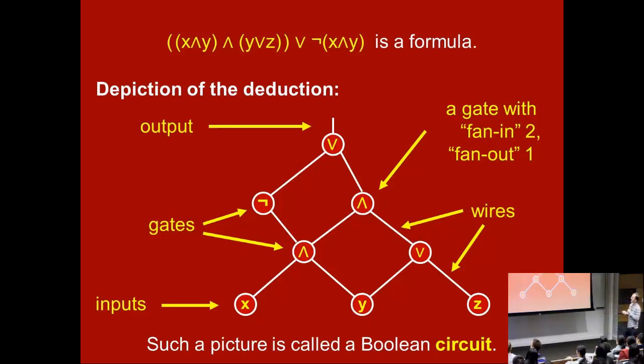Well, anyway, but then we said, let's AND them together. You might draw that like this. And then we're going to need to OR it with the negation of x and y. And in the deduction, we said, hey, we did x and y a few steps ago. It's right here. This is x and y, so we can just negate it. Okay, and then we OR these things together. And that's how we deduced this formula.